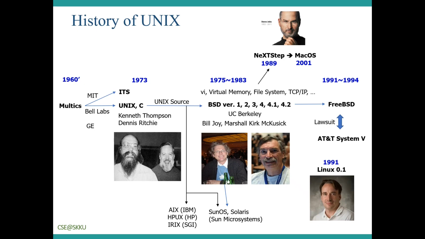But things didn't stay that open forever. As Unix became more popular, a bunch of companies tried to take control of it and turn a profit. That led to a bunch of different commercial versions: SunOS from Sun, AIX from IBM, HP-UX from HP, IRIX from SGI, and so on. At the same time, there were legal battles over who really owned Unix, especially between AT&T Bell Labs and other players.